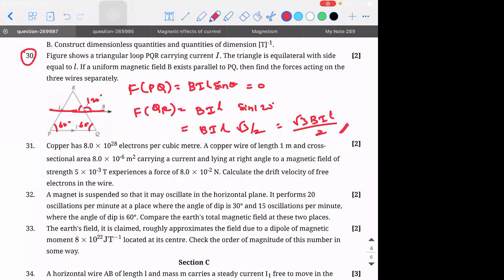Okay. Similar is going to be the force experienced by PR also because there the angle is going to be 60 degrees. Suppose you want to find the direction in which the force is being experienced. Can you tell me the direction in which the conductor QR will experience the force? So whenever you're doing cross product, remember, it is always perpendicular to both the vectors for which you're doing the cross product. So it will be normal to the plane, no doubt. Is it into or out of the plane is what I want.